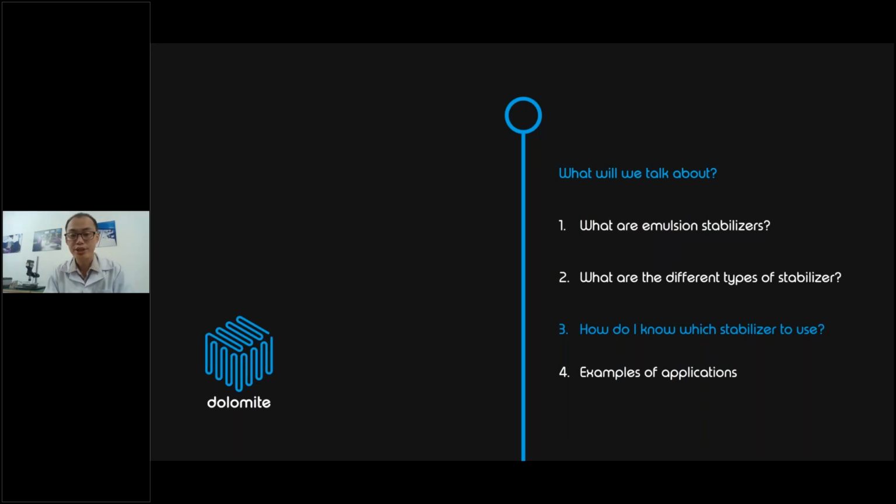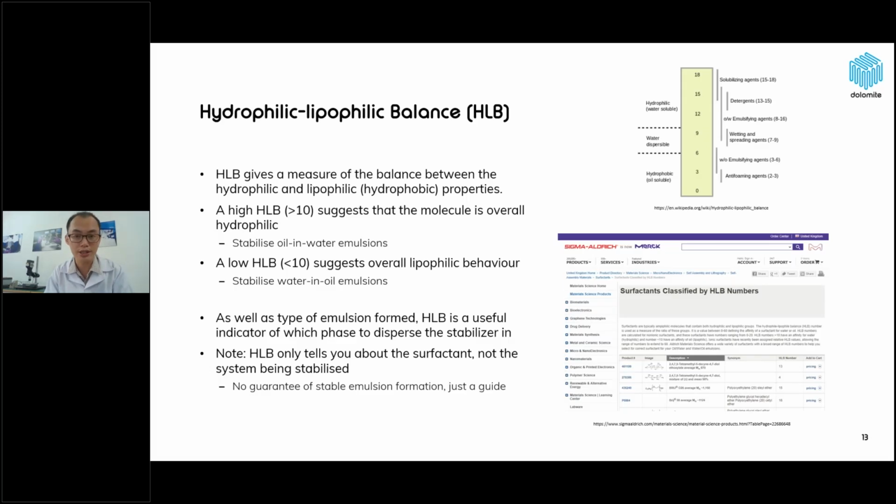So how do I know which stabilizer to use? Actually, the most important factor for emulsion stabilizers is the hydrophilic-lipophilic balance, HLB. The HLB gives a measure of the balance between the hydrophilic and lipophilic, or hydrophobic, properties. If you have a look at these photos, with high HLB values, higher than 10, it suggests that the molecule is overall hydrophilic, so it's water soluble. So it will be used to stabilize oil-in-water emulsions